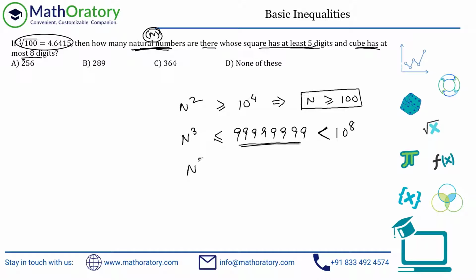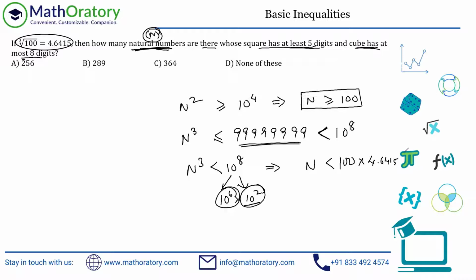So what we know is n cube has to be less than 10 to the power 8. Again, do the same thing, take a cube root on both the sides. So n should be less than... Here, I'm visualizing this as 10 to the power 6 into 10 square. I'm going to take a cube root on both the parts individually. The cube root of this is 10 square, which will be 100. And the cube root of this is basically this 4.6415, which has been provided right in the question. The cube root of 100 has been given. This is 100, by the way. So this into